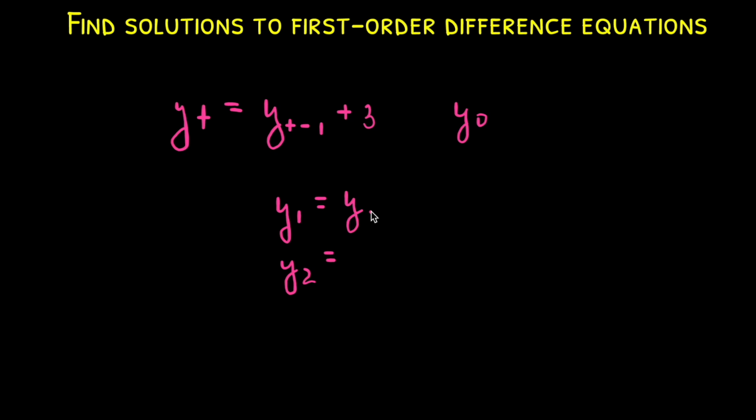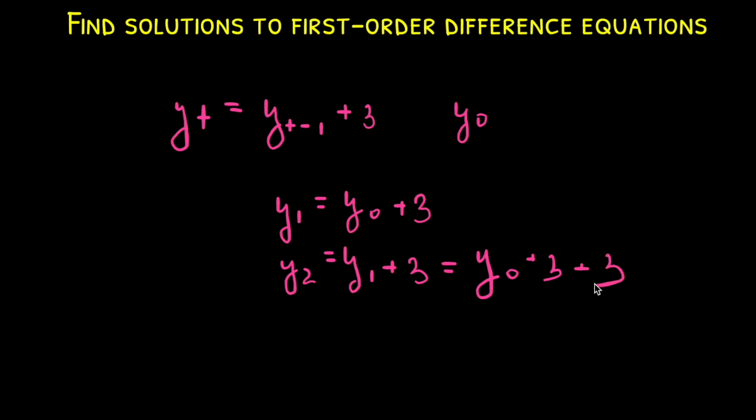In order to find y1, we need to use y0, since 1 minus 1 is 0. So y1 is y0 plus 3. And in order to find y2, we need to use y1, so y1 plus 3. And we can replace y1 with its definition, which is y0 plus 3,